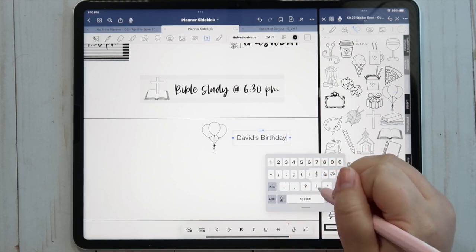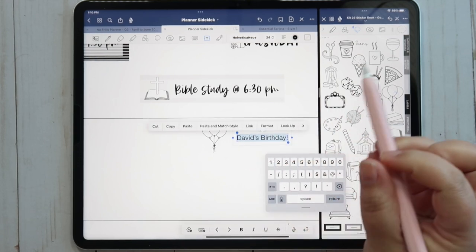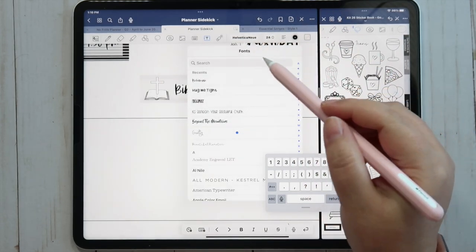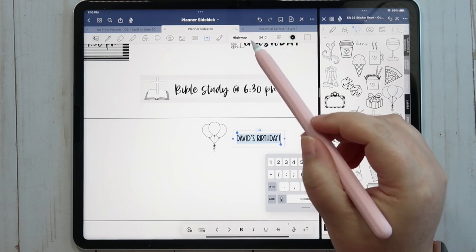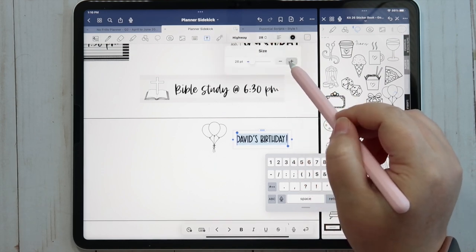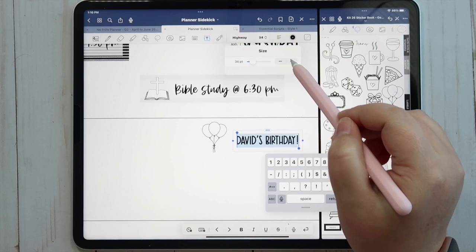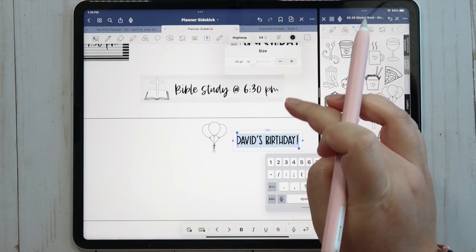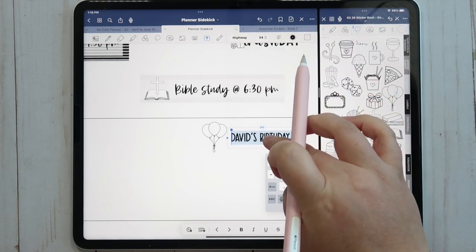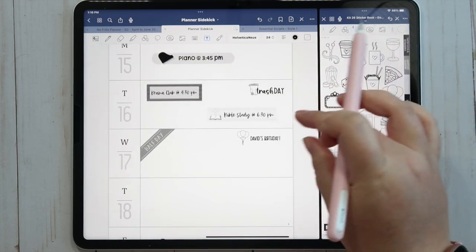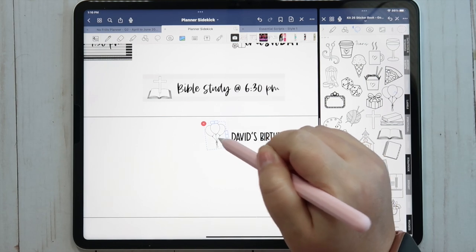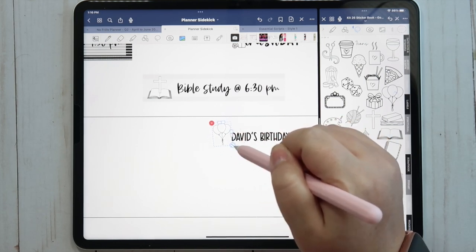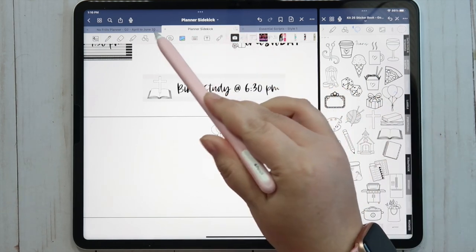David's birthday. My sister's gonna come over and we're gonna FaceTime. So that'll be really fun. I'm gonna use the Highway font and we'll make that a bit bigger. And we'll just put that off to the side there. Maybe make those a little smaller, bring them in a little closer.